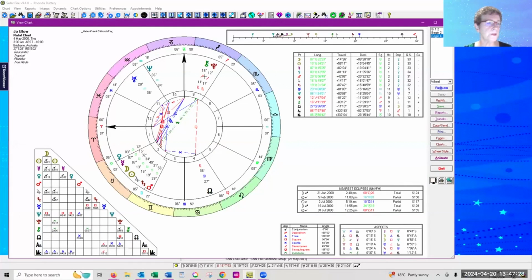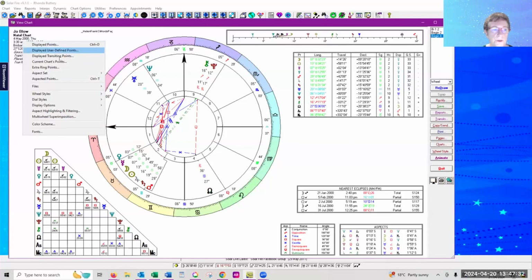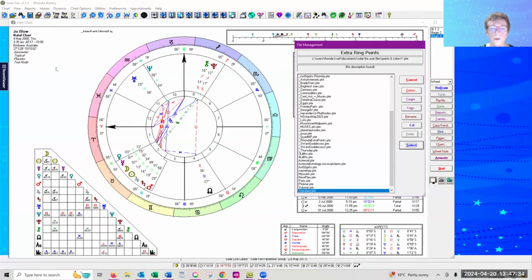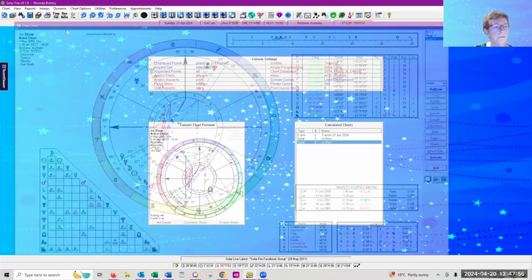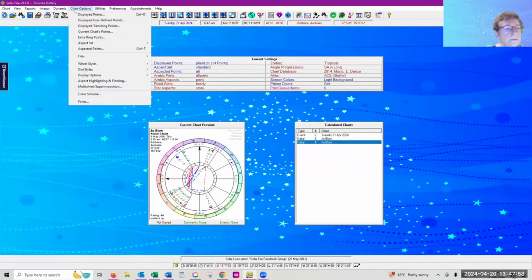You can have up to, I think, up to 50 points in your wheel. After that, you need to go to extra ring points, where your points will be displayed around the wheel. Now, because I've already got my chart open, it's not going to automatically give me an extra wheel. I'm going to have to change it because this page has been told which wheel I want, and that will stay there. So let's go back out, make some extra ring points,